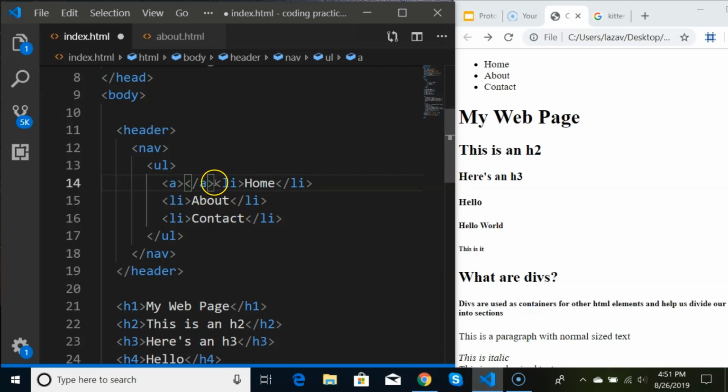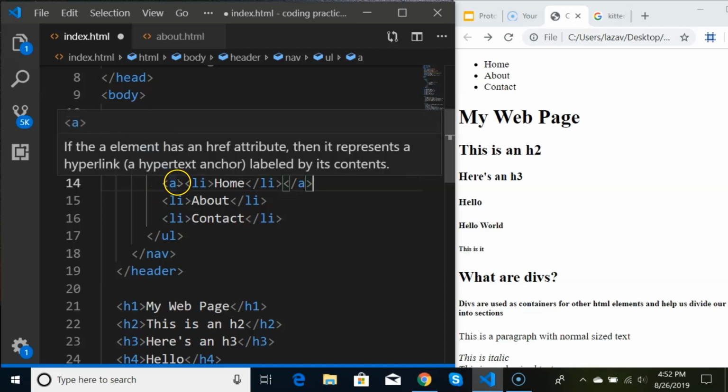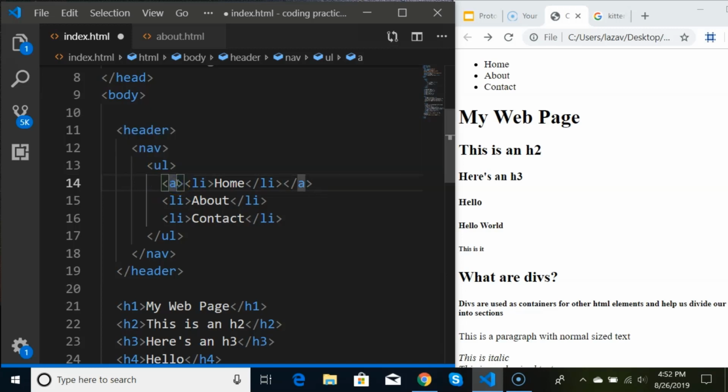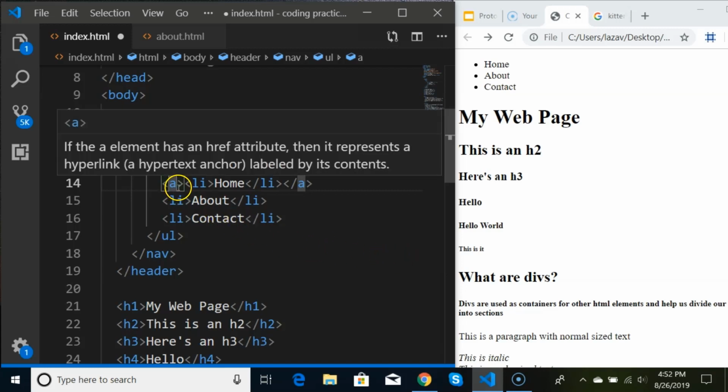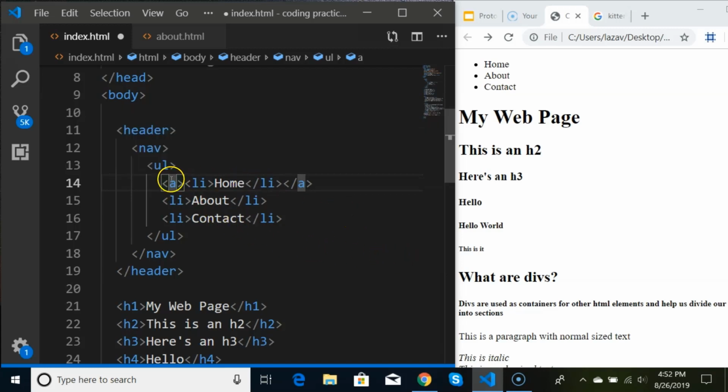So what I'm going to do is take the closing A tag, copy it, Control X, and put it over here. I need to nest it. I need to make sure that my list item is inside the anchor tag. Now inside the anchor tag, right after the letter A in the opening anchor tag, before the greater than symbol, I'm going to put my cursor, and I'm going to